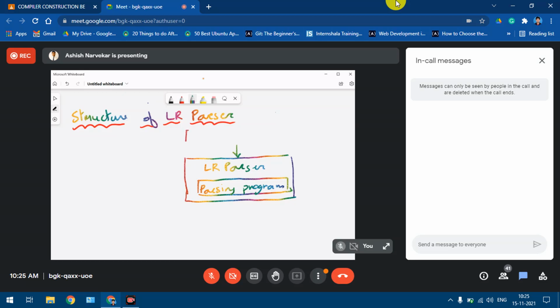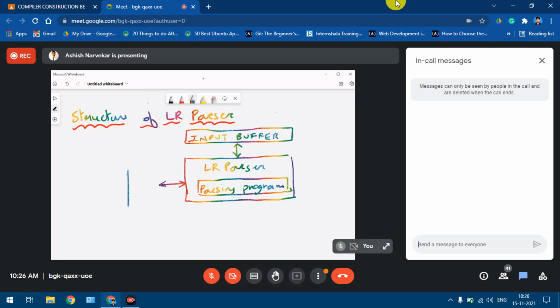The input is maintained by something called the input buffer. It will read the input from this input buffer, and it will take one symbol at a time from the input and push it onto the stack.